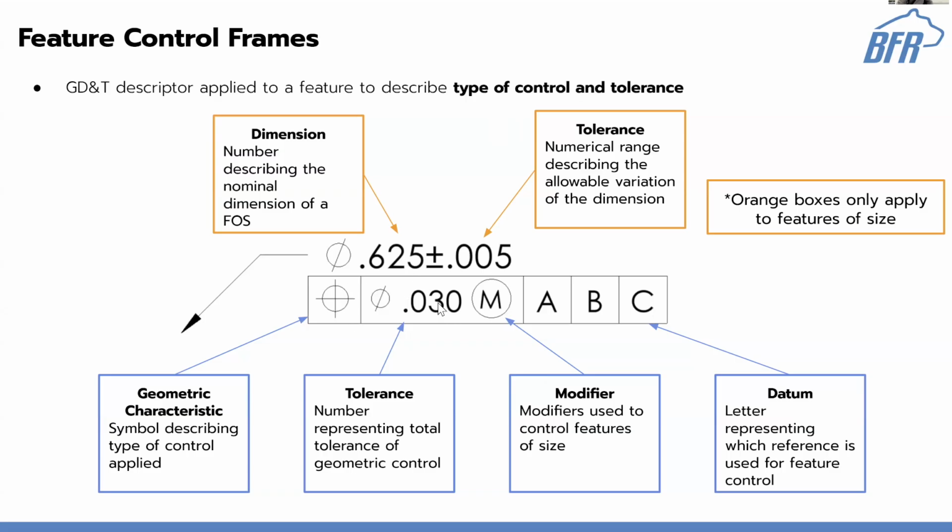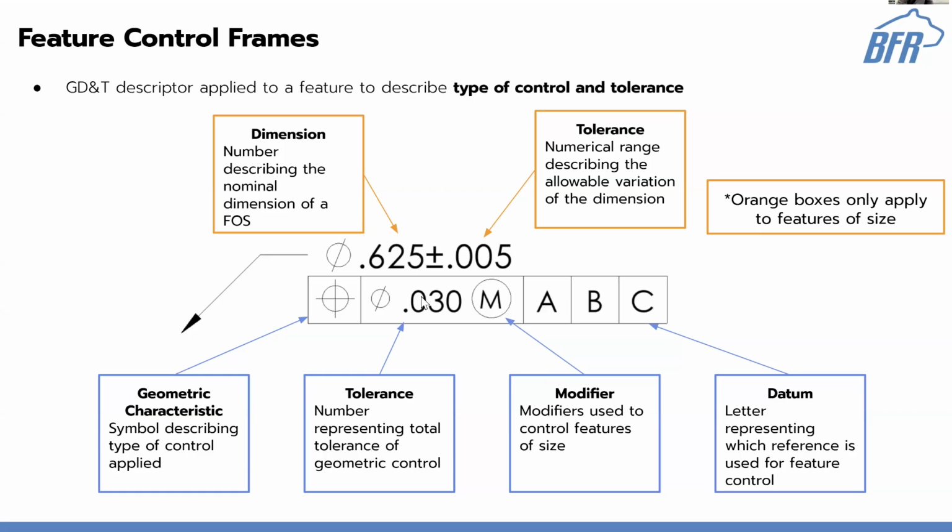Next is our tolerance that's actually applied to said control. So here we're using a 30 thou control. There's also this diameter size sign. You have some with it, some without. This just refers to different